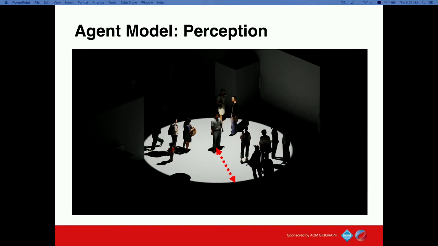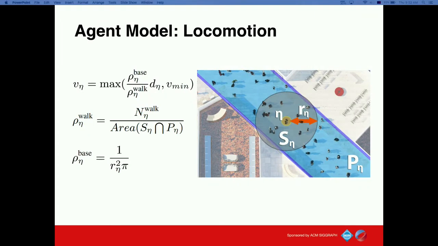Specifically, in our approach, each agent takes a perceivable space, that is the intersection of current paths and the agent's social distance circle. The perceived crowd density is the number of other agents over its perceivable space. The agent's walking speed will be lowered when the perceived crowd density is over a baseline density. This is from the previous definition. Obviously, the higher the crowd density, the lower the agent's walking speed. But it will never be lower than a lower bound value to prevent total stuck.